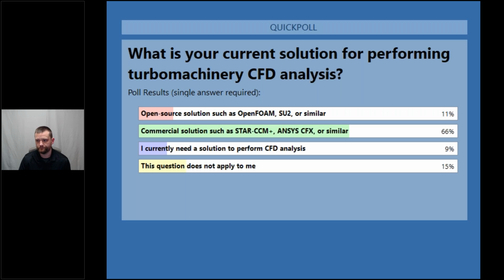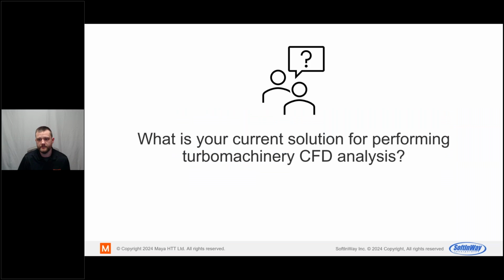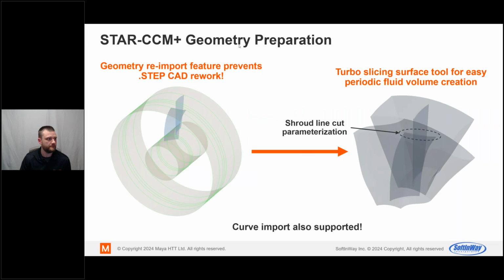All right, so let's talk about Star CCM Plus. We've gotten our geometry out of AxSTREAM, as Sasha has done the preliminary design in AxSTREAM. In this case, what we'll show today is where we've imported STEP CAD, and actually in this case it's the solid geometry of the blade and the stator, and we also have a hub and shroud surface. What I'll show today is that we have some nice tools to prepare turbomachinery geometry for CFD analysis right in Star CCM Plus.